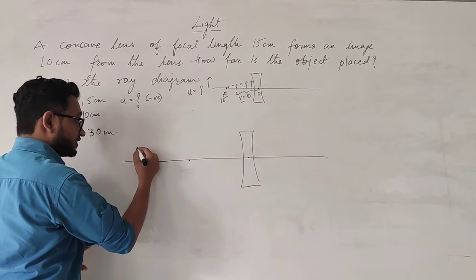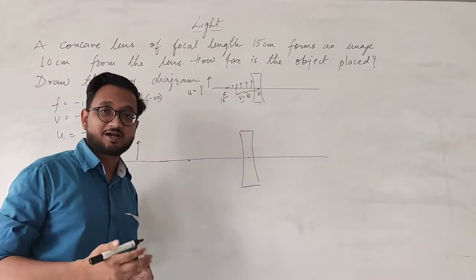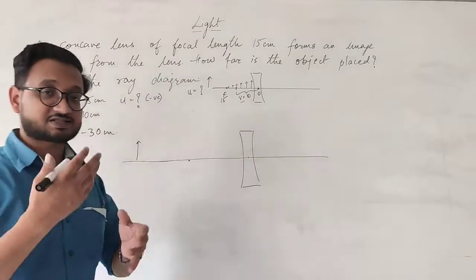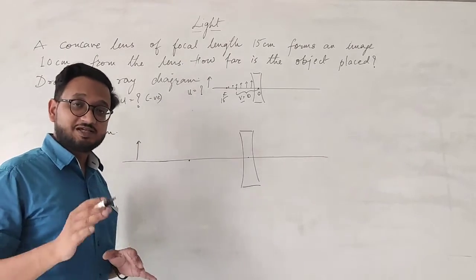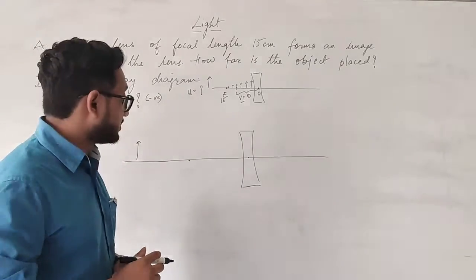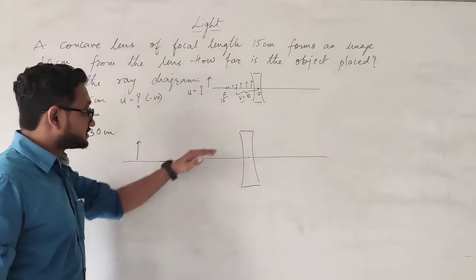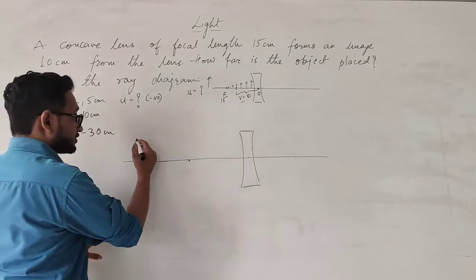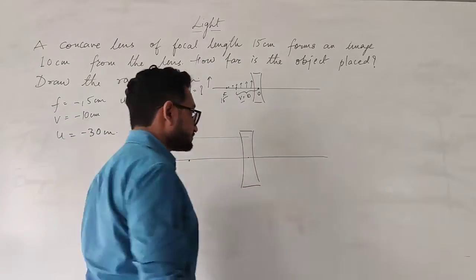Draw the object somewhere over here like this. Height has not been provided to you, so you can take the height according to yourself, 1 centimeter, 3 centimeters, it's up to you. Take around 3 to 4 centimeters, it will be easy for you to draw the diagram. But remember, the height of the object should not be more than the lens, it should be below the lens, so that when you are drawing a parallel ray of light like this, it is easier for you.